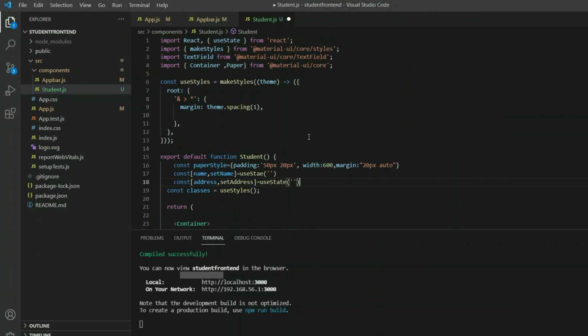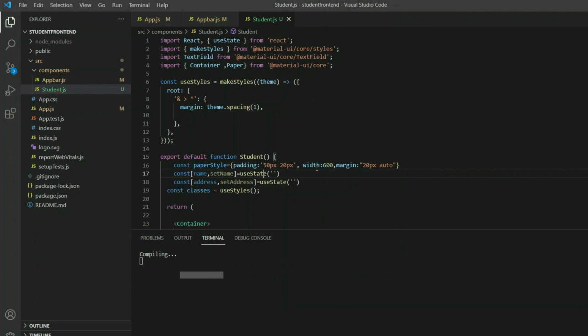You can see at the top here, it has already auto-imported the useState. If it's not showing in here, just type this useState, and also we need to write useState here. So if I just save this,